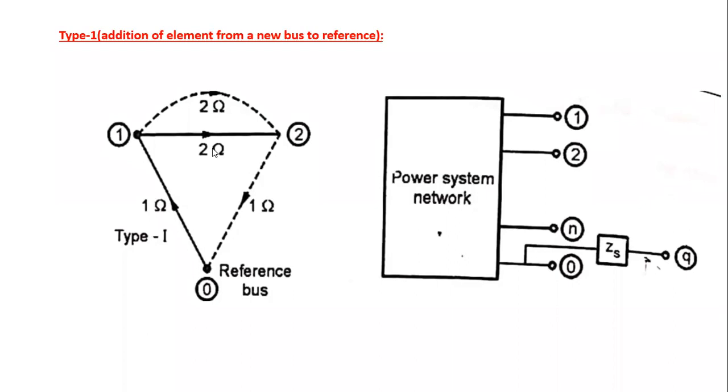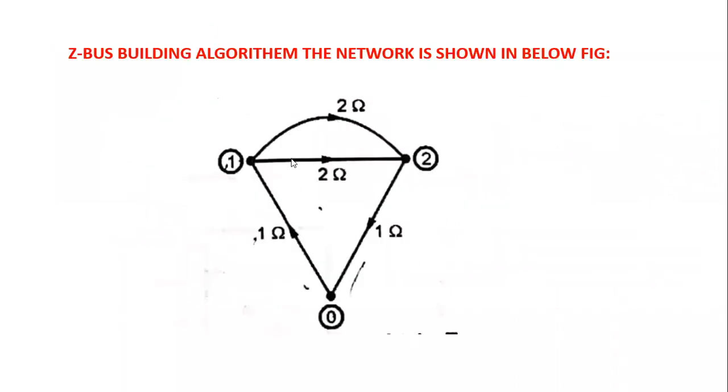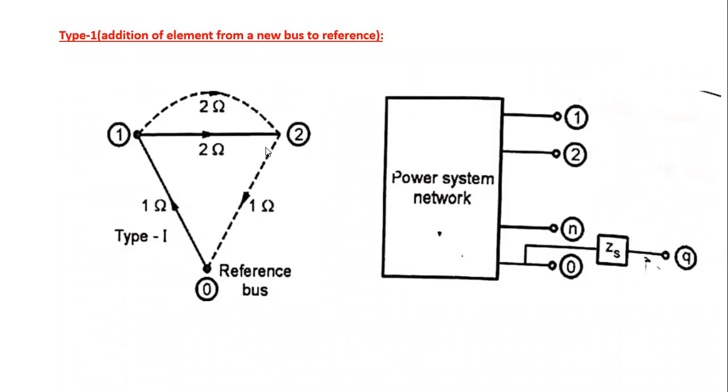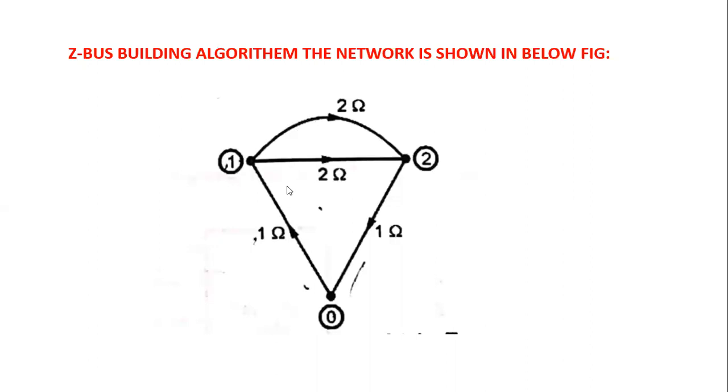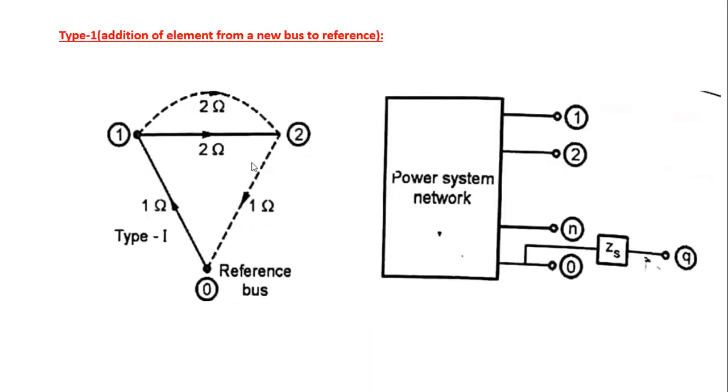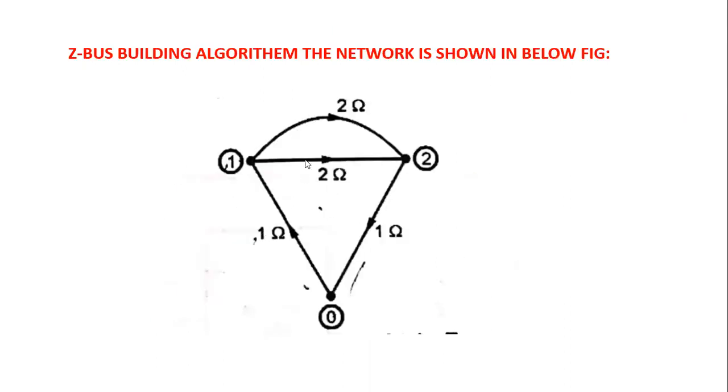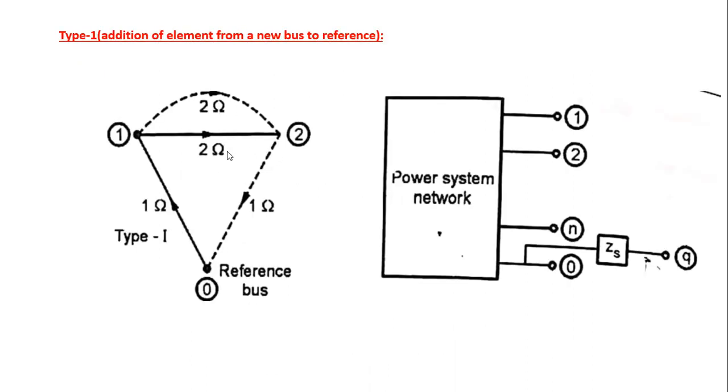First of all, we draw the network. We will draw the network as trees and branches. The network is called the graph. By using this network diagram, we can draw the subgraph and the graph. This is the graph for the network and this is the subgraph for the network. What is the difference between the graph and the subgraph? In the subgraph we have the links and the branches. The dotted line represents the links and these are the branches. That will be explained in the coming slides.